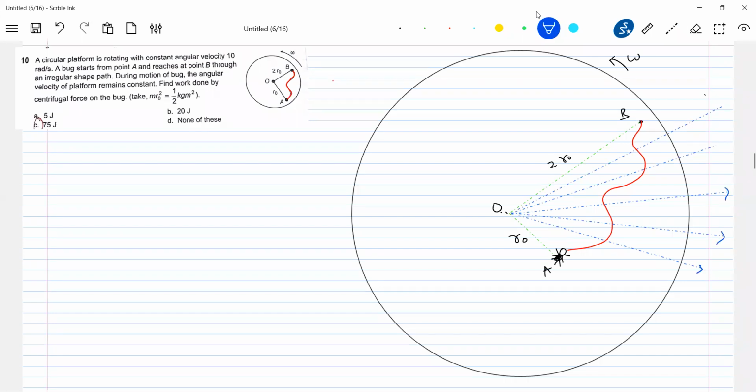What is the direction of these blue color arrows? The direction of centrifugal force. So everywhere it will be acting like this. So how to get the direction? Here it will be F1, so here m omega square r naught. So what about the force? How much will it be? And how much force will be here? m omega square 2 r naught, no?